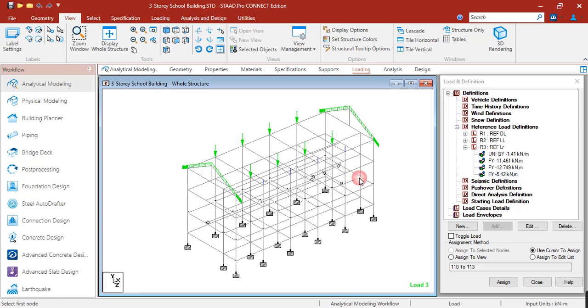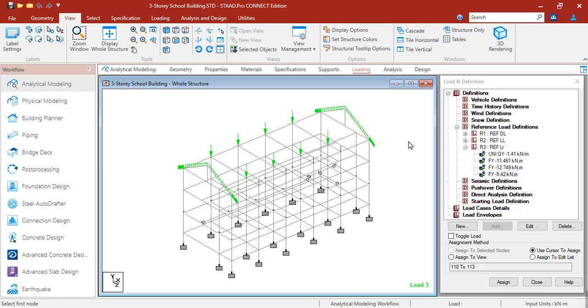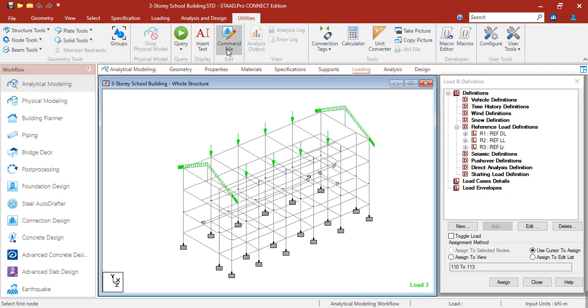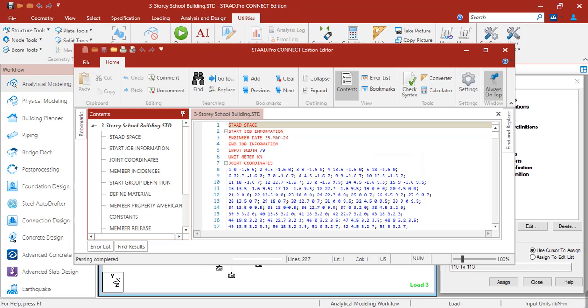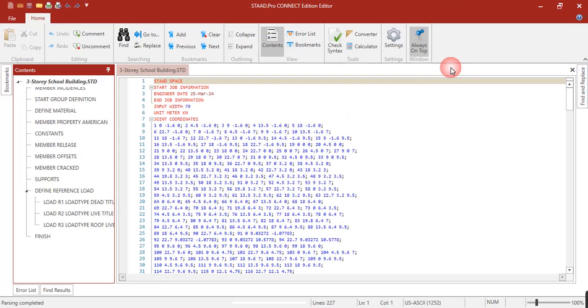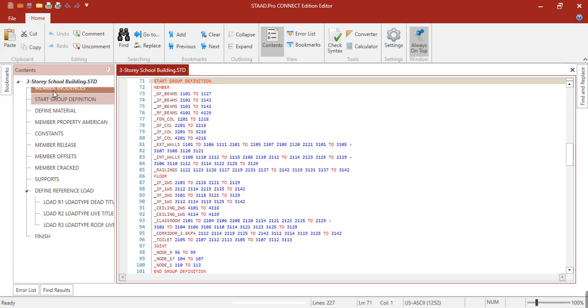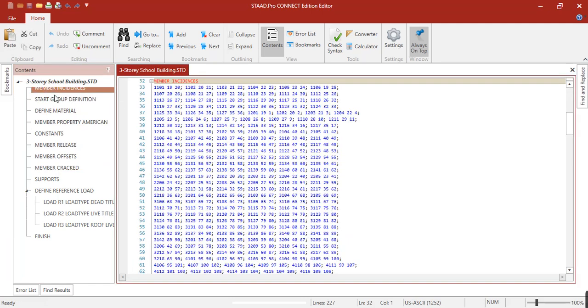I'll show you another way to apply the loadings using the groups. Under utilities, click on the command file. Click save. Here, this is now the editor of STAAD Pro. On the left side dialog box, if we double click it, this is the member incidences.